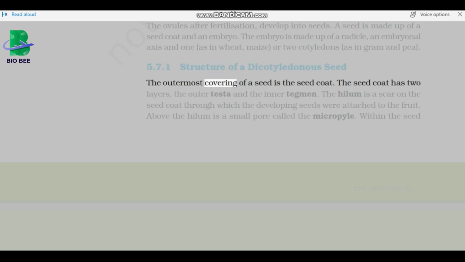The outermost covering of a seed is the seed coat. The seed coat has two layers, the outer testa and the inner tegmen. The hilum is a scar on the seed coat through which the developing seeds were attached to the fruit. Above the hilum is a small pore called the micropyle. Within the seed